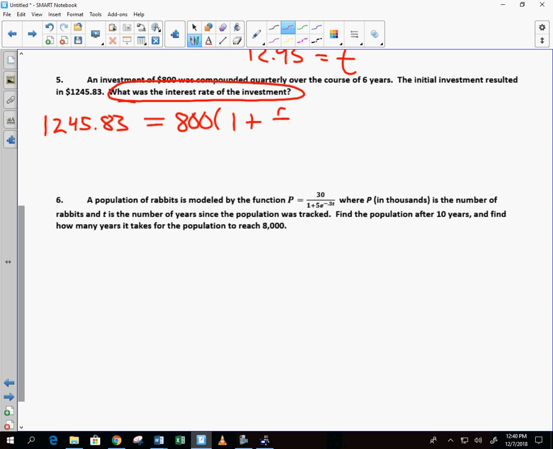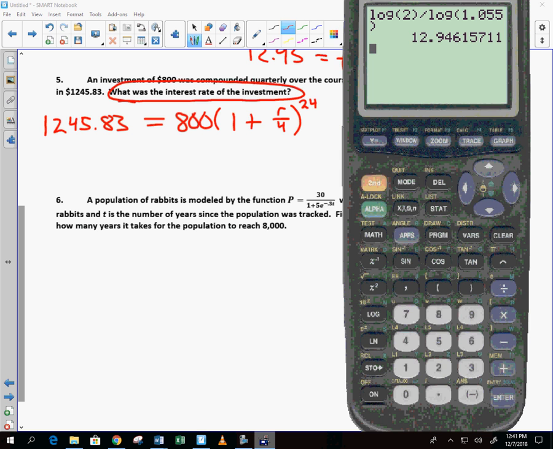We don't know. We're trying to find it. Divided by, how many times is it compounded each year? So 4 raised to the, anybody know what power I raise this to? 4 times 6, 24. So I got to get at the R. What has to move first? 800, so I take